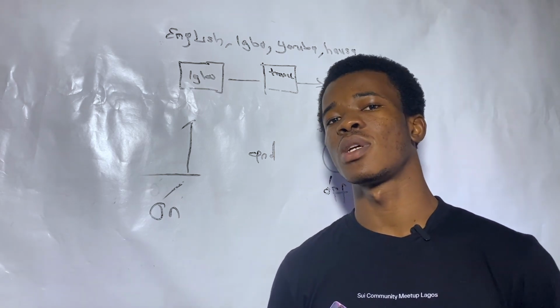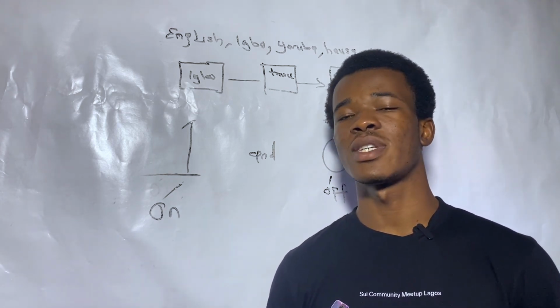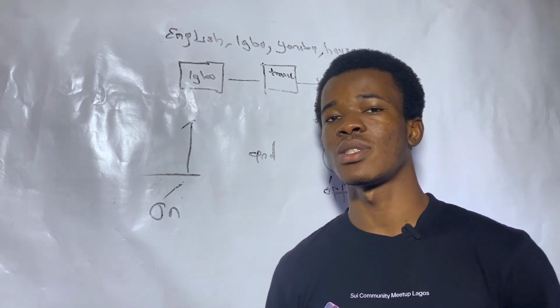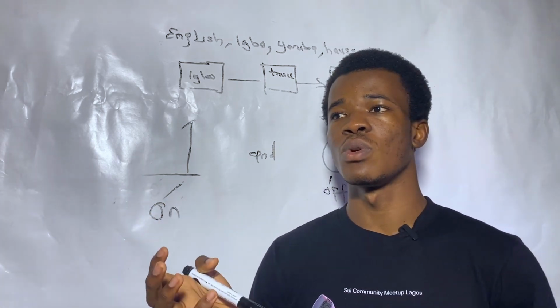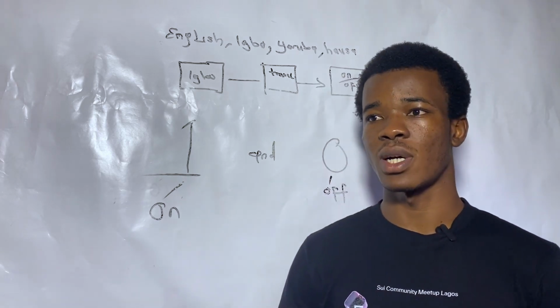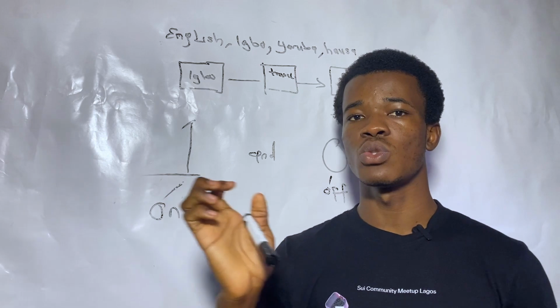We have common business-oriented language, that's COBOL, and we have so many languages. And you can also decide that you want to build your own language. You want to write your own language, maybe you want to use your own personal language now. You want to be able to use it to instruct a computer. All you need to do is write a compiler that can translate your language into what the computer can